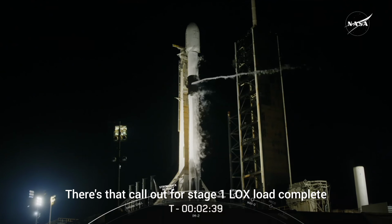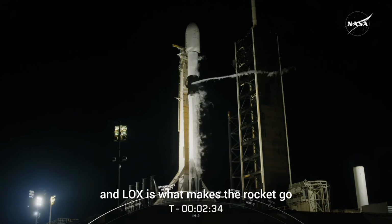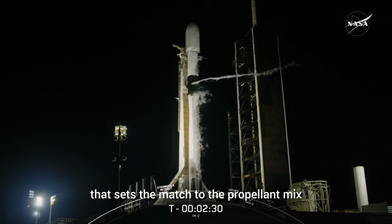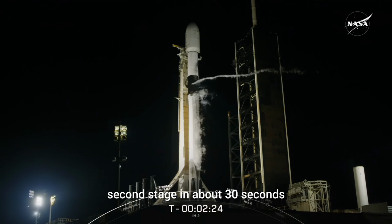There's that call out for stage 1 LOX load complete. And the combustion of RP1 and LOX is what makes the rocket go, and it's that TEA-TEB mixture that sets the match to the propellant mix. Now, in addition to finishing LOX loading on the second stage in about 30 seconds,